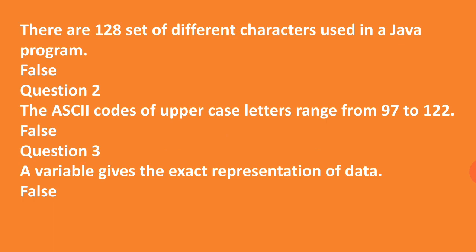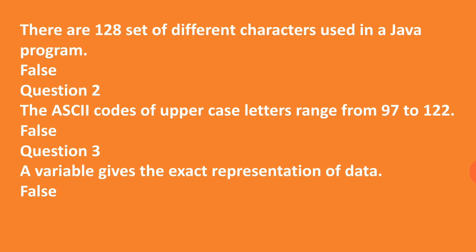And there are a total of 256 characters. 0 to 255 is the range of numbers for ASCII codes, and for capital letters the range is 65 to 90. 65 is for capital A and 66 for capital B, and so on,